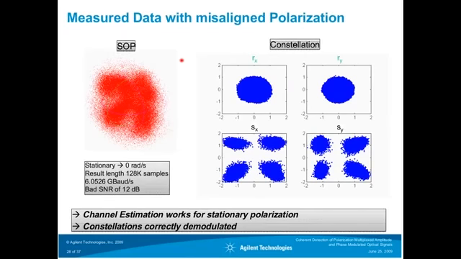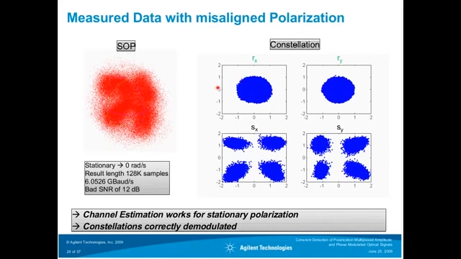Now, what happens if you have signals that have bad signal-to-noise ratio? In this case, we have a signal-to-noise ratio of about 12 dB. It's a 6 gigabaud QPSK signal. It's a real measurement with a bad modulator. We're looking at 128 kilo samples. So it's a fairly long result, and it's not rotating in any case. So the received constellation looks like noise.